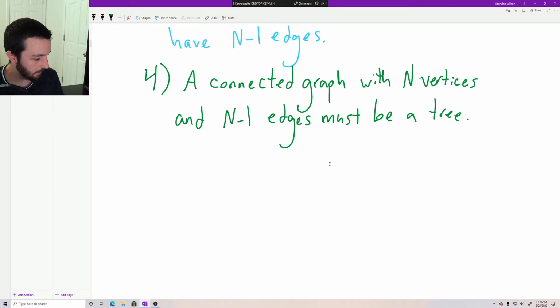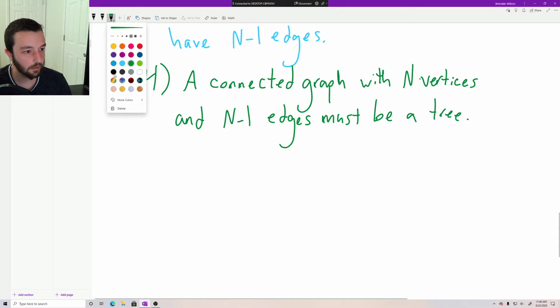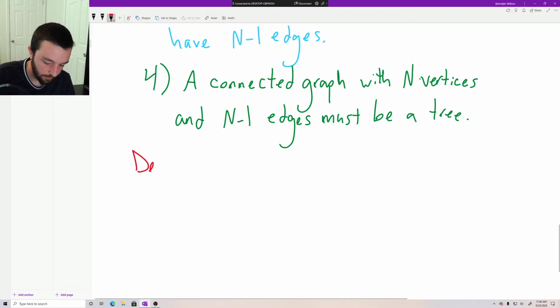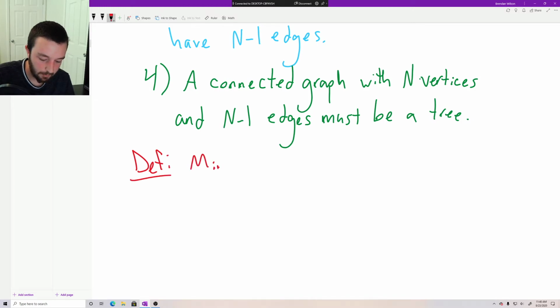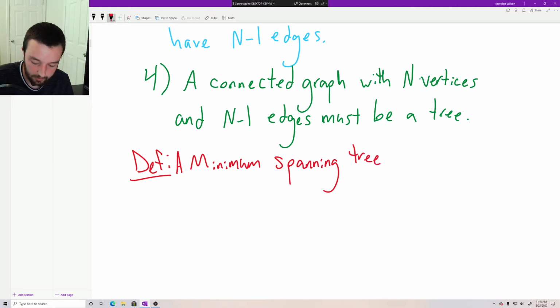All right, so let's talk about why we want to know about this. What's the point of talking about these trees here? Well, the idea that we're working up to is this: the minimum spanning tree. So let's just say a minimum spanning tree. Okay, so a minimum spanning tree